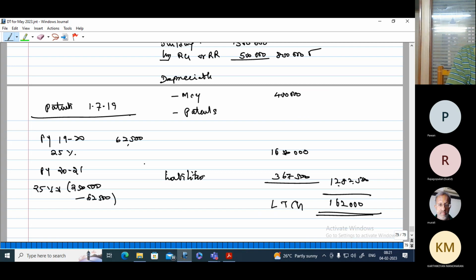So this becomes 1,40,625. So it is 12 lakhs plus 140,625. That comes to